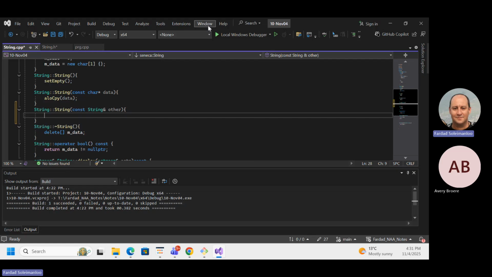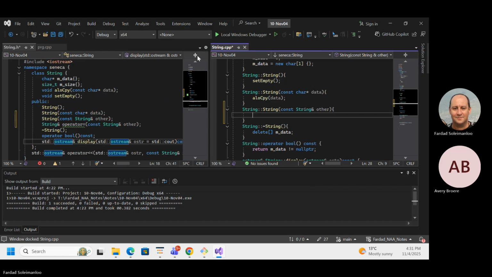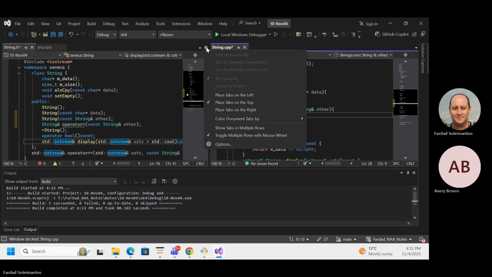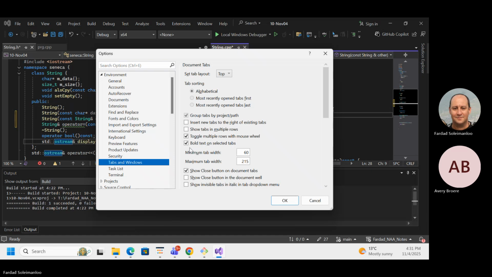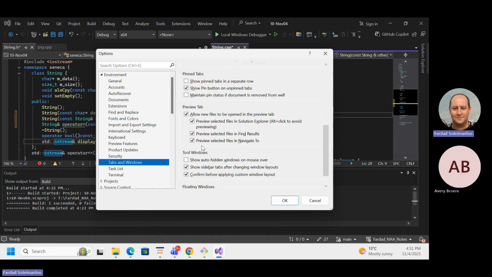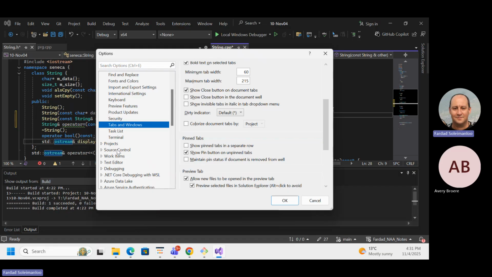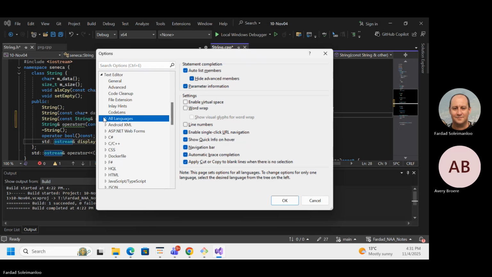Over here, right? Let me split the window. I don't know what to do with these. Oh, maybe setup does it, huh? Toggle multiple, no. Show tabs, come on. Wait, maybe options? Toggle multiple, there should be. It is the multiple rows. Do you have a text editor options? Yeah, I have text editor options. There we go. All languages? Scroll bars? No, scroll bars are these, my friend.